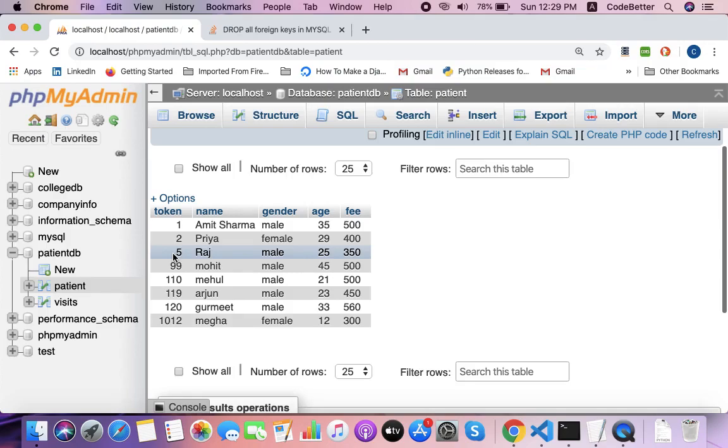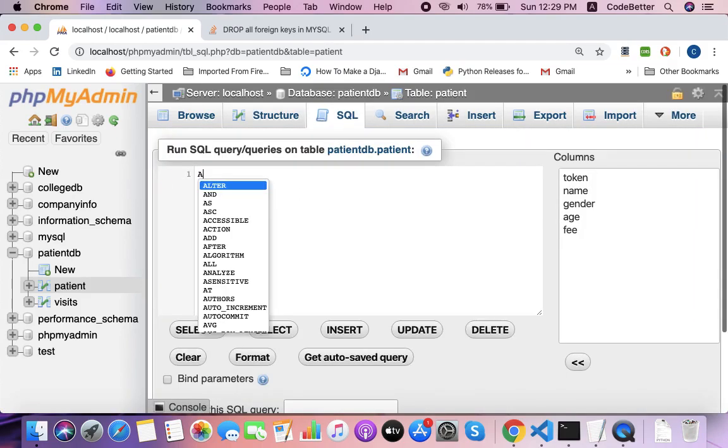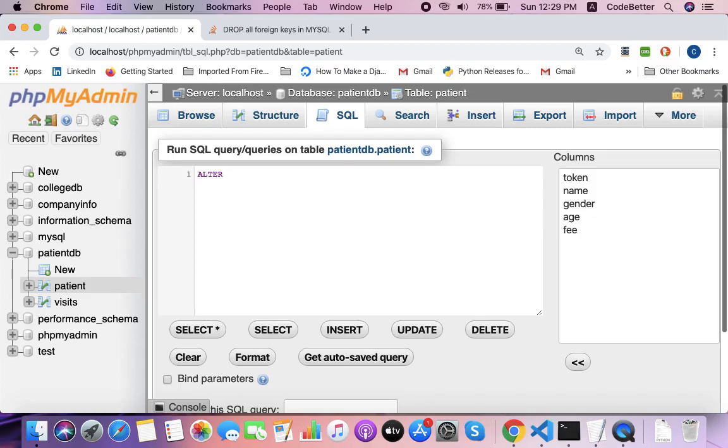Now let us create a primary key on the column token number. For that, we have a syntax: alter table. We are going to alter the structure of the table. Which table? The patient table.